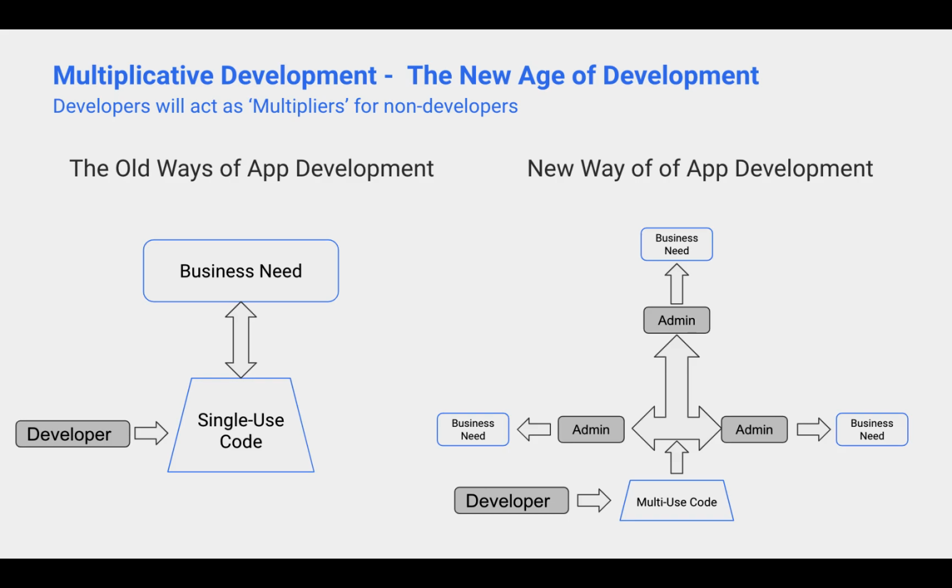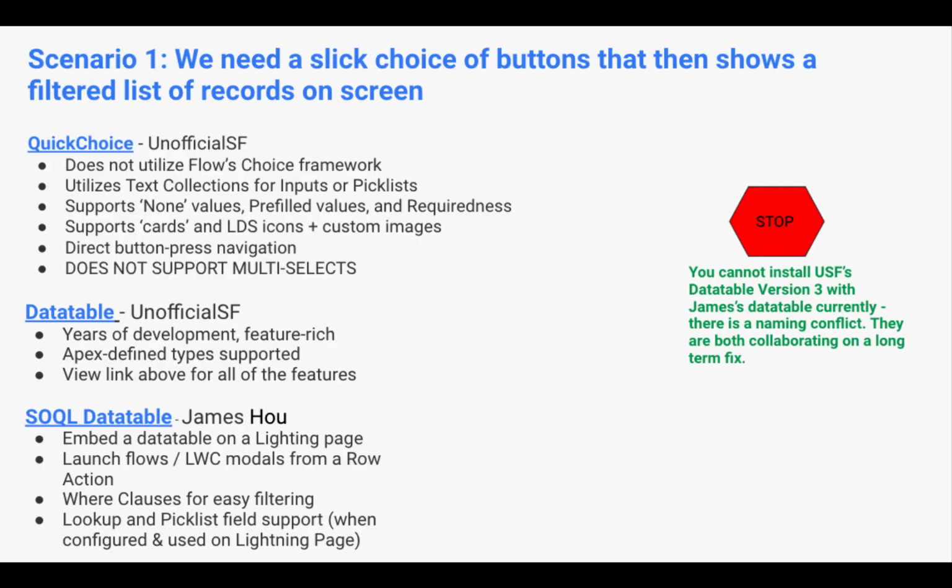And so you can think of these developers as folks that are enabling a group of admins or a group of business needs. So it's becoming extremely powerful. So the first scenario we're going to cover is when you need to present a slick choice of buttons that from there then shows a filtered list of records on a screen that the user can pick from to do something with. So the three actions I'm going to show here are QuickChoice, which is one of Unofficial SF's